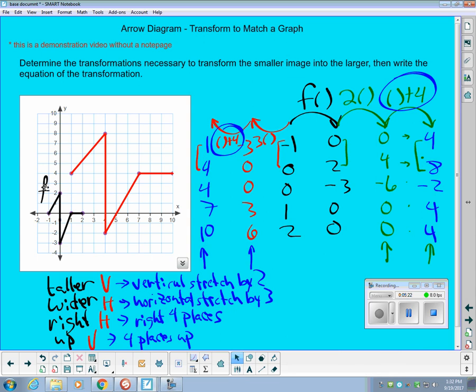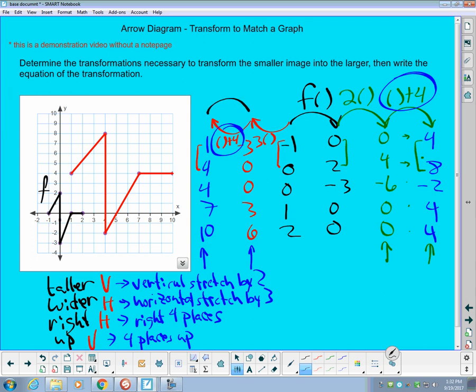I've got the arrow diagram that makes it happen. And let's go ahead and write what the formula for this would be. In writing the formula for this, I need to start with my x's over here. This would be a -4 on that arrow, a divided by 3 on that arrow. So if I start with the x,